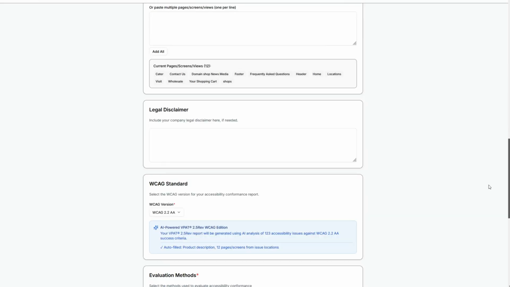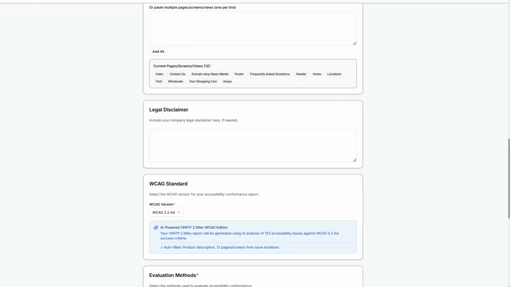And what you can also do is work from the current status of your audit report. So let's say that you are halfway through your project and you want to provide an ACR to a procurement agent. You could do just that. Now, if you're unfamiliar with VPATs and ACRs, you don't need to worry too much about this. This isn't going to be for traditional websites anyway, but for ICT products and services, this is a very helpful